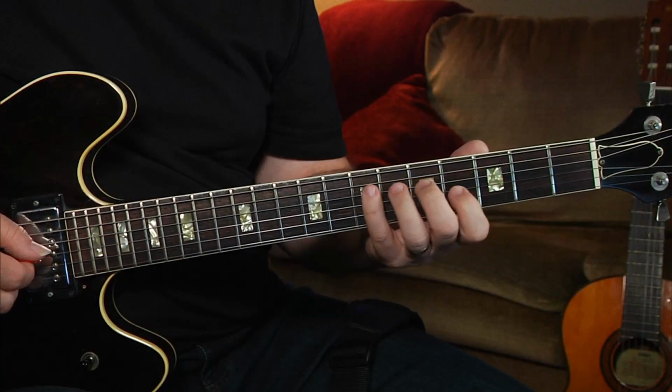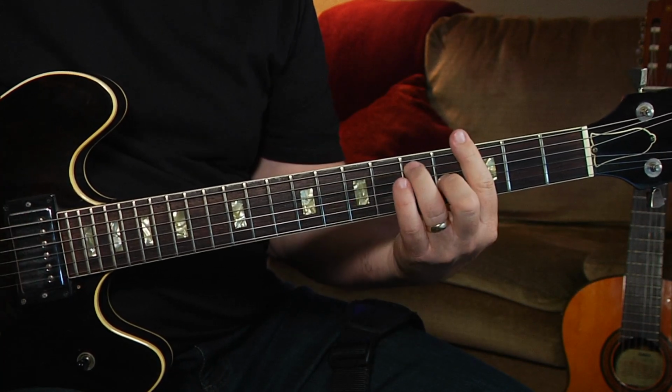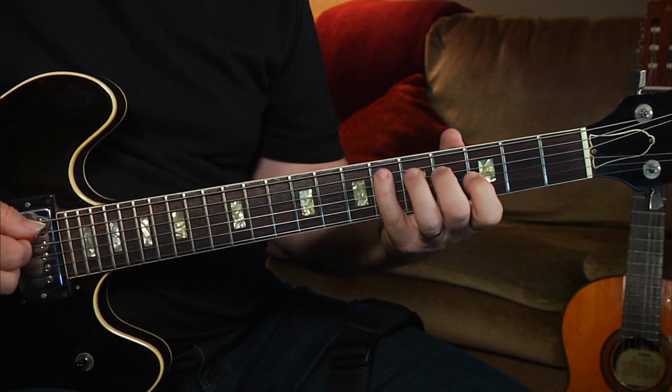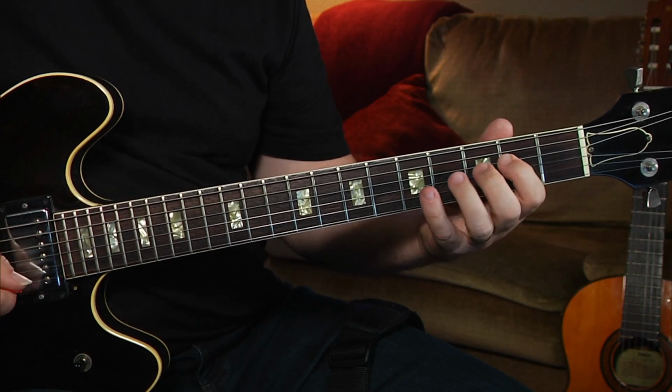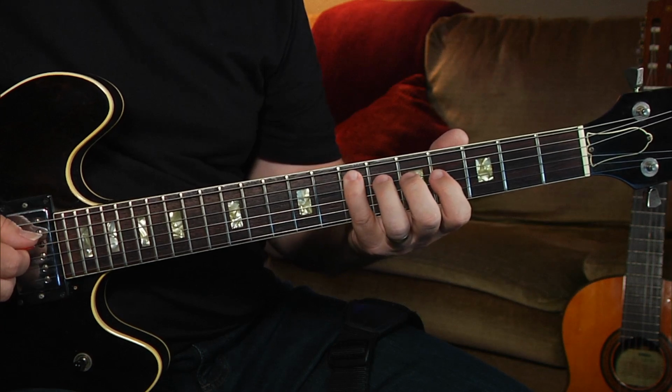Okay, so here's basically the lick. If I played it transposed to the key of C, like if I had an E minor 7th, going down to a D sharp minor 7th, going down to a D minor 7th, G7, C. So the lick would be... Okay, I'll play it again, a little bit slower, and...